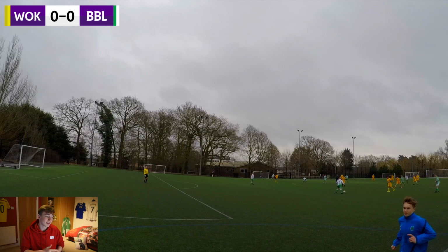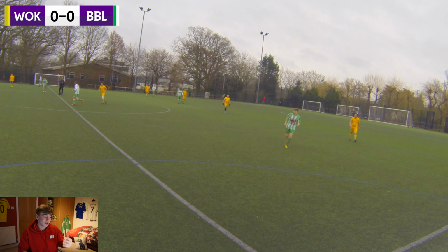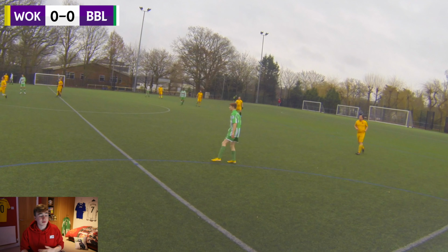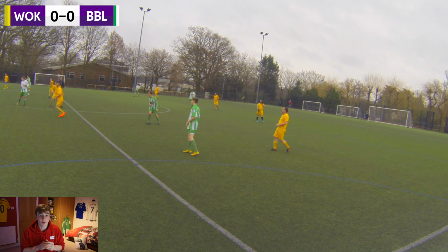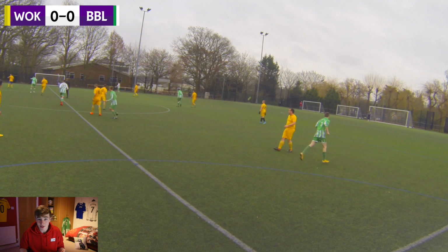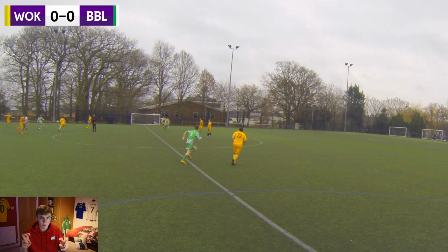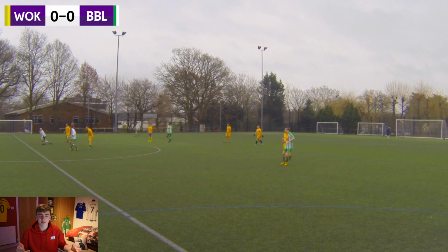Oh. Well, that didn't last long. So within 10 minutes, I got subbed on at right wing, and Josh moved from the right wing to more central. And I think my favourite thing about right wing is the runs in behind. So from the first second I set foot on that pitch at right wing, I wanted to just test out this left back's agility, movement, see what he was about. And as you can see from this marking, if you can even call it that,